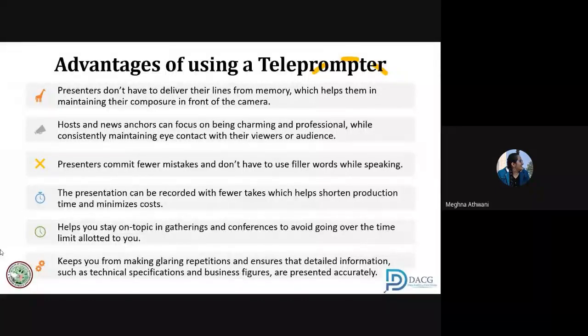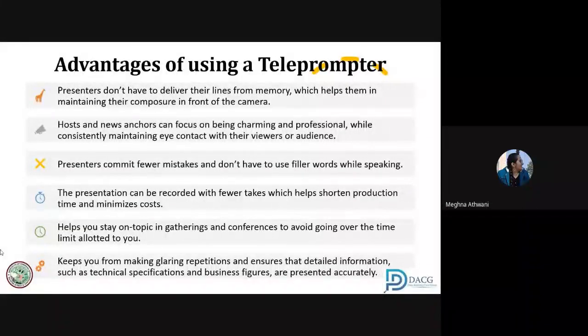You have to stay focused on being good. You have to focus on looking good. And that is the advantage of a teleprompter. Hosts and news anchors can focus on being charming and professional while consistently maintaining eye contact with their viewers and audience. That is why we are such big fans of television hosts, or politicians, or news anchors.